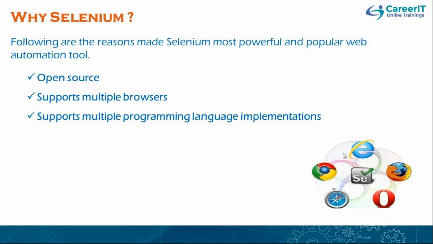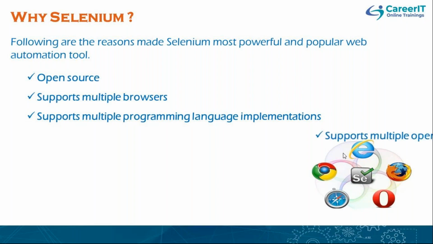So generally, an automation tool requires support of any one programming language, guys. Like suppose if you take HP UFT, it requires VB script. Okay, so for Selenium, it's not like one language, guys. It supports multiple languages. That's what, Selenium supports Java, C Sharp, that is nothing but .NET, Python, PHP, Node.js, or JavaScript. Okay, so it supports these many programming languages. If you are good at any one of them, like if you are good at Python or Java, you can start your automation journey like Selenium with Java, something like that.